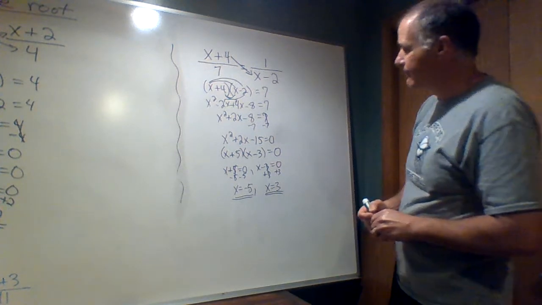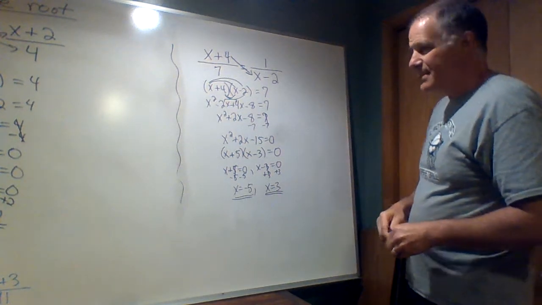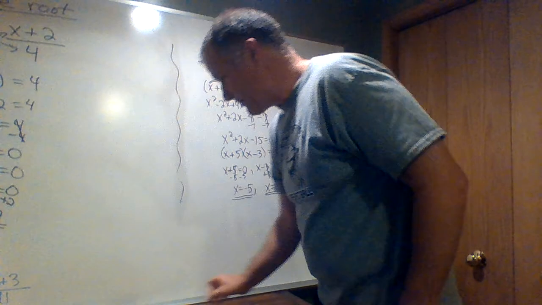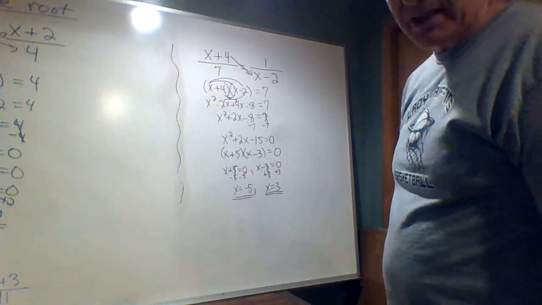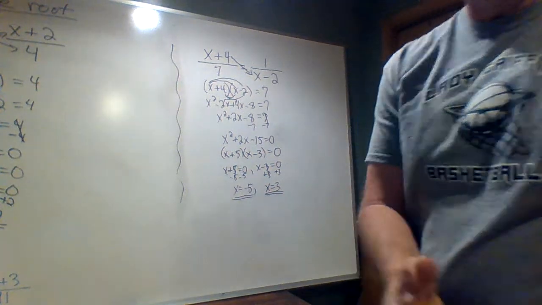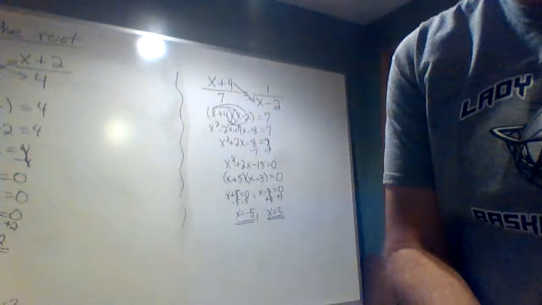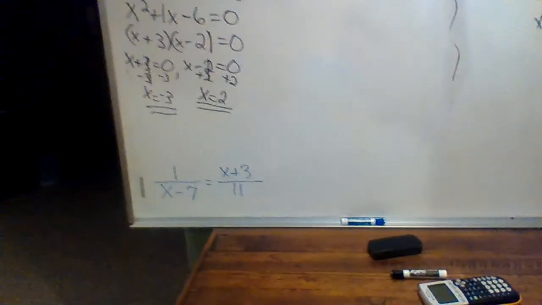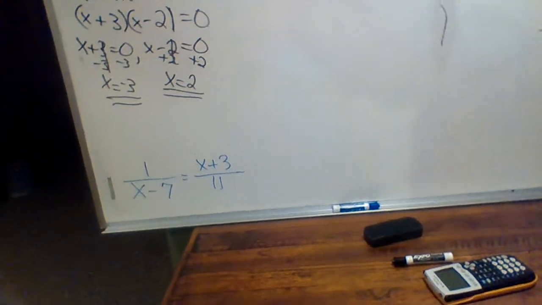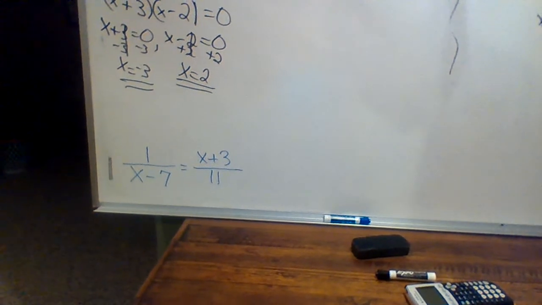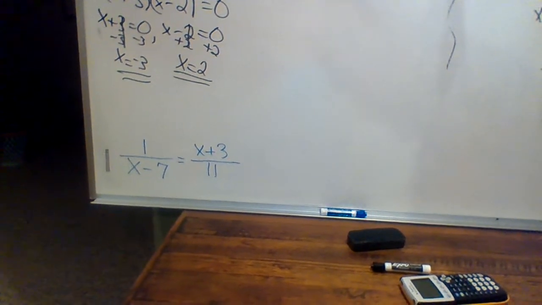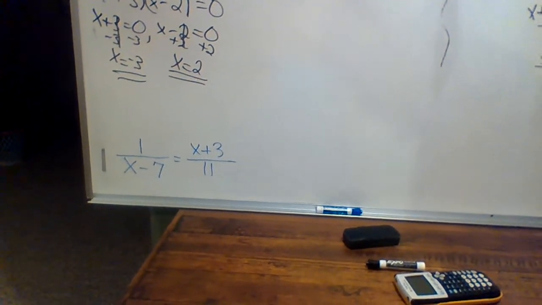Again, the method is combining some things that we've already done. It shouldn't be a real challenge, but hopefully this is something you can remember and catch up on here. So here's our problem: 1 over x minus 7 equals x plus 3 over 11. Solve that on a piece of paper and type in your 2 answers in the